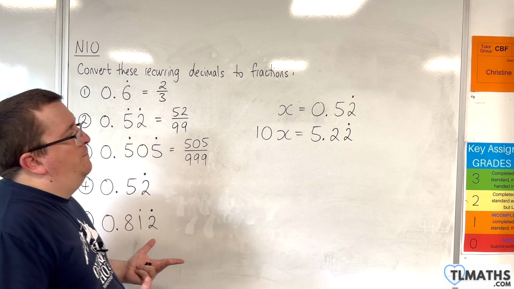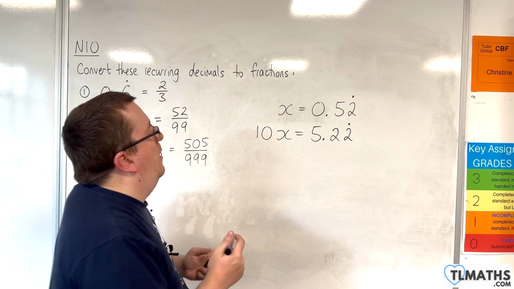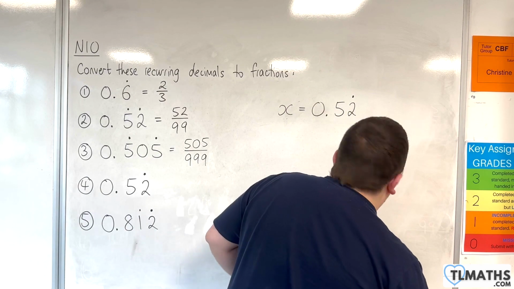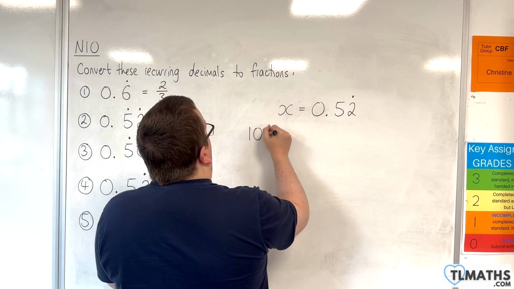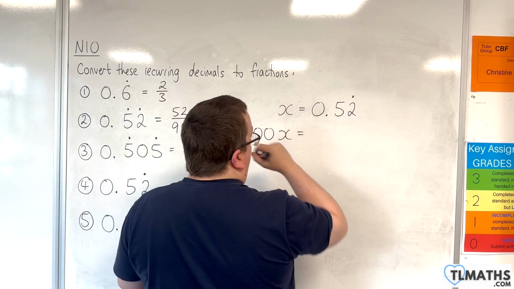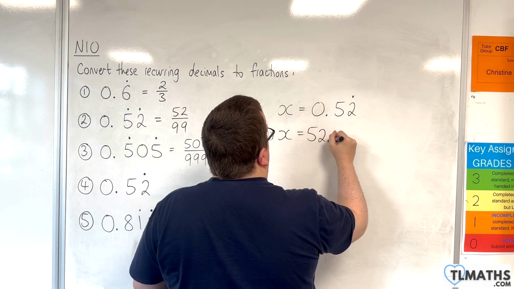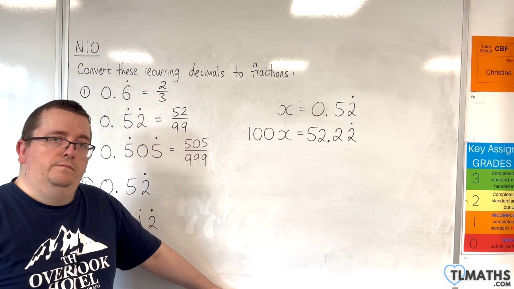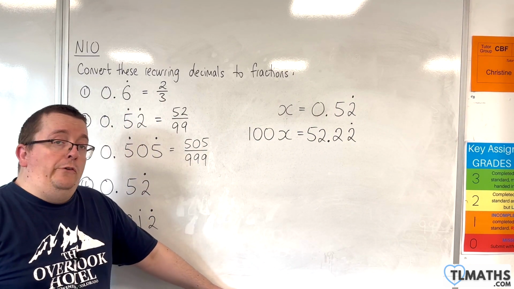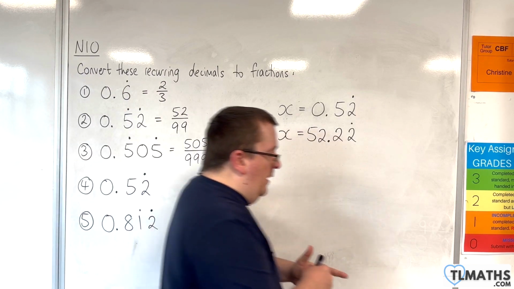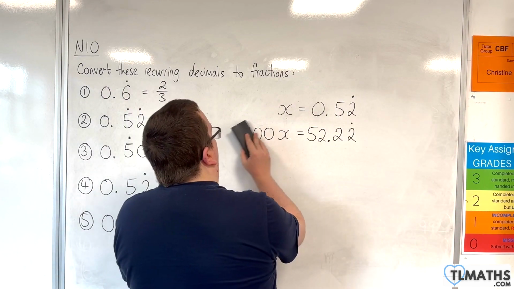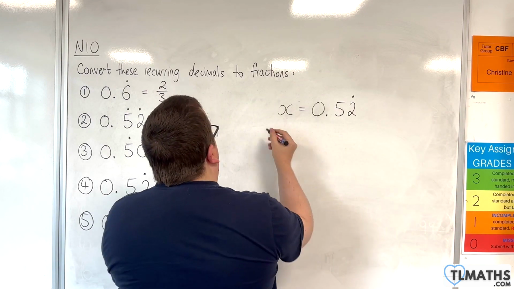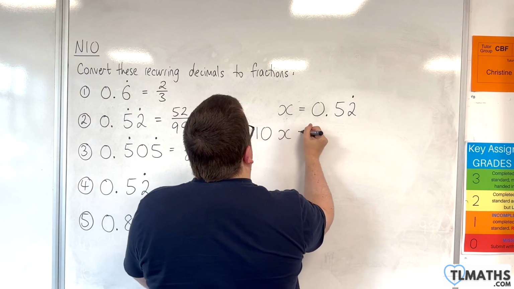Okay? If you want to do it by 100, because it's in the hundredths position, well, nothing's stopping you from doing that. Okay? So that works out as well. I think in the grand scheme of things, you'll probably want to keep the fraction as easy to work with as possible. So in this scenario, I think 10x will just do. So